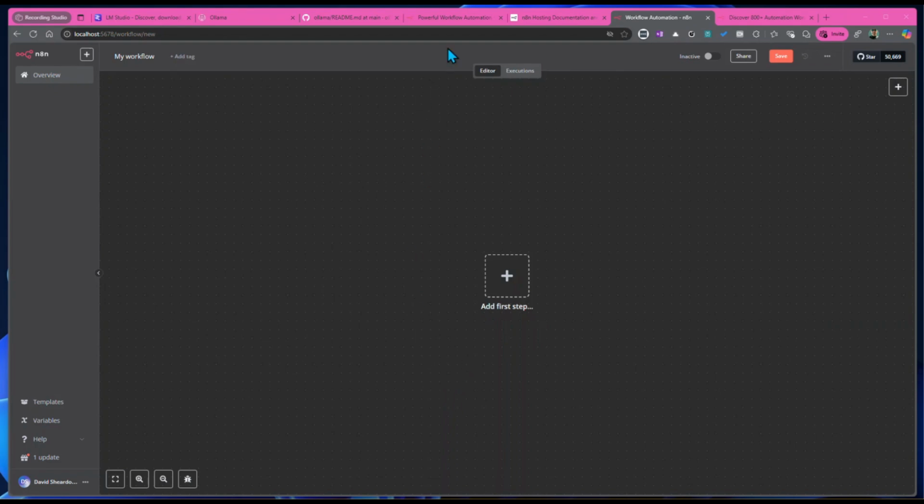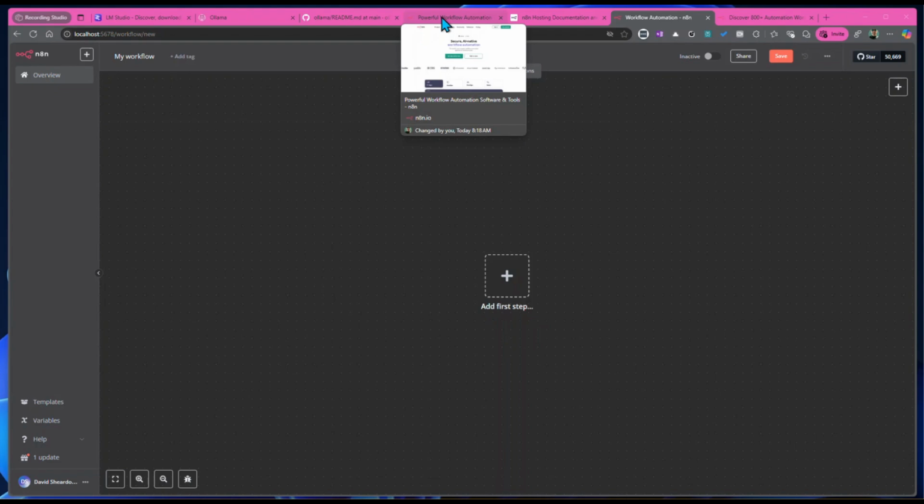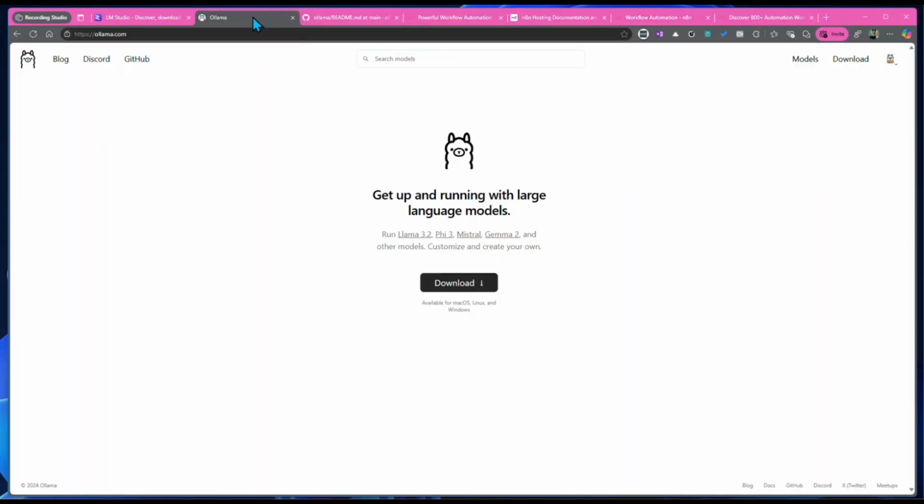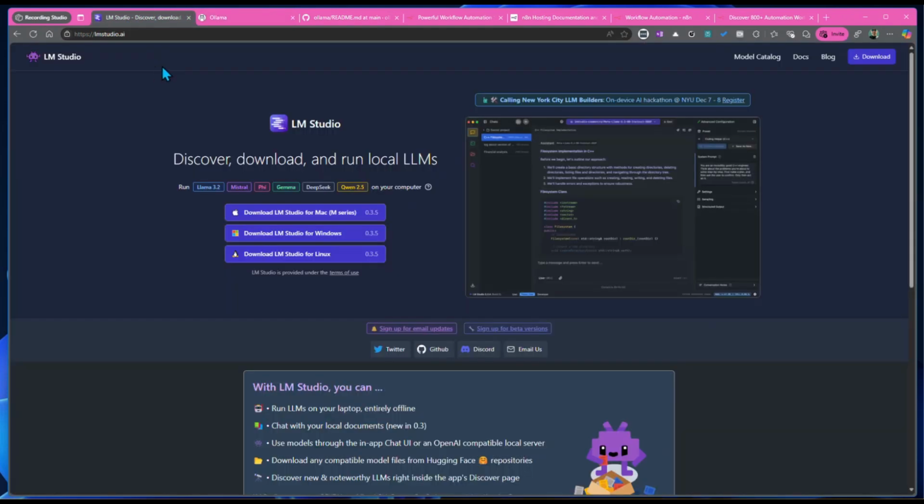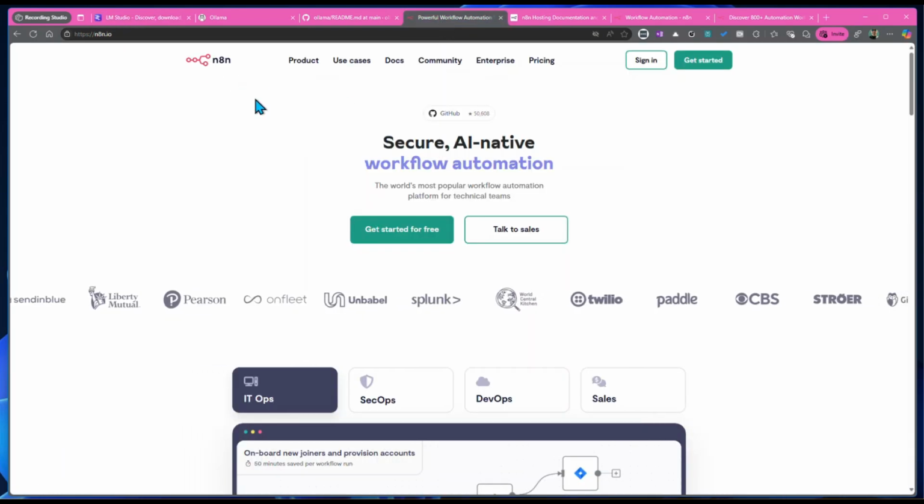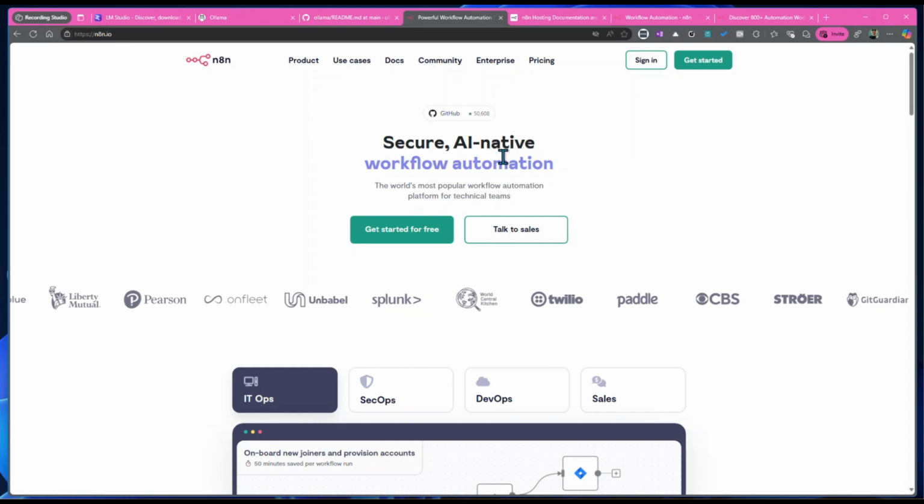So anyway, what are we looking at today? Well, we're looking at a few things. It's really just a teaser of a deeper dive into some of these tools that I'm about to show. I've already covered some local AI platforms like Ollama and LM Studio by NVIDIA, but what we're looking at today is n8n, which is a secure, AI native